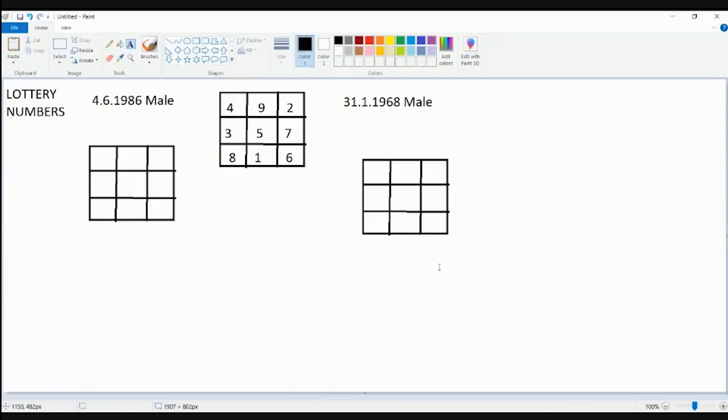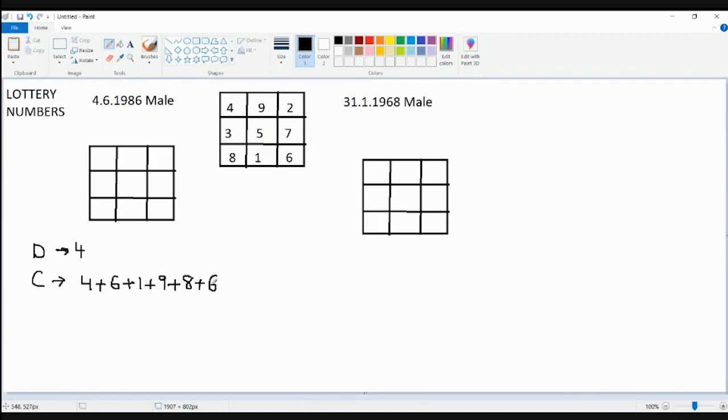Now we are going to learn this concept through two examples. First example, the date of birth is 4/6/1986, male. So driver in this case will be 4. That is the date on which the individual is born. Conductor is the sum total of the entire date of birth reduced to